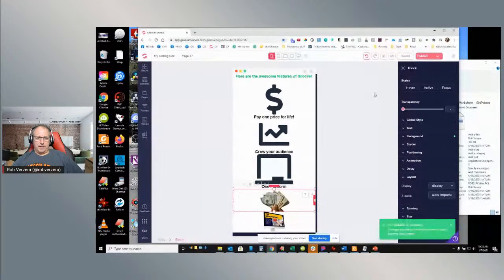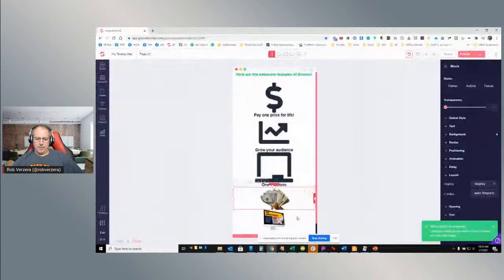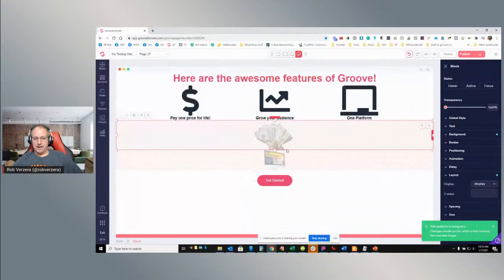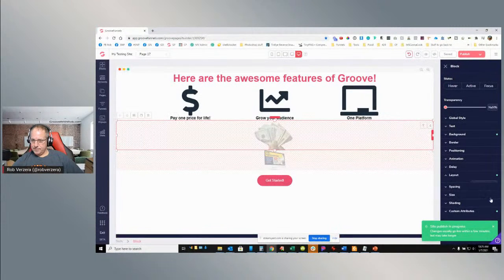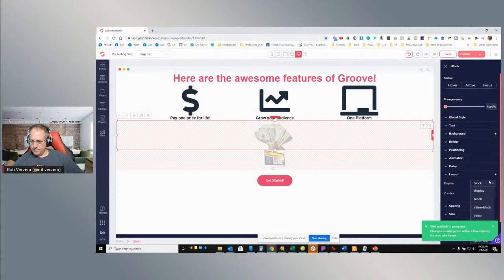So what we're going to see is when we shrink this thing all the way down, we'll have both images. When we get to the desktop size, we're only going to have, actually, we're going to have no images. So let me do this. Let me get back to here. Change this layout back to block or